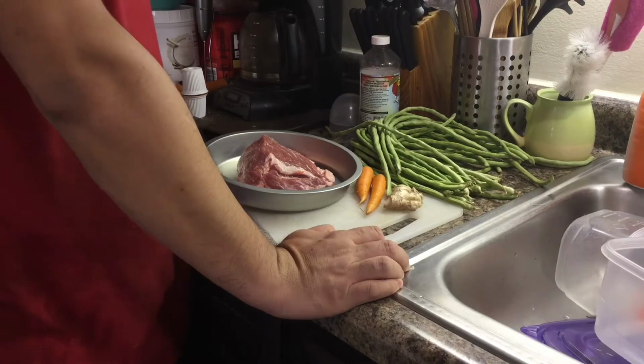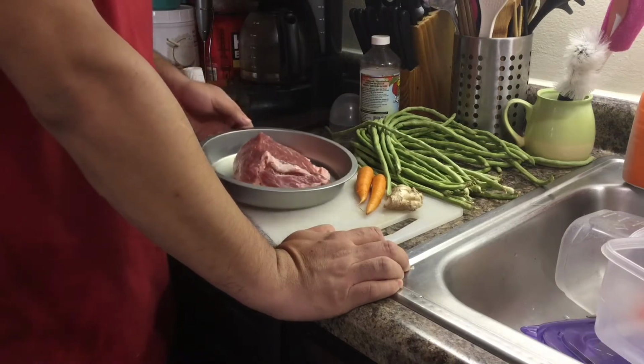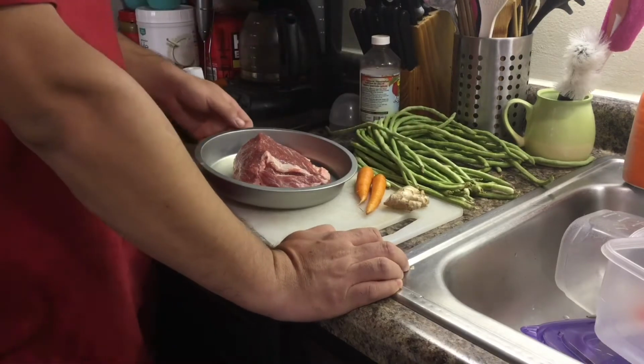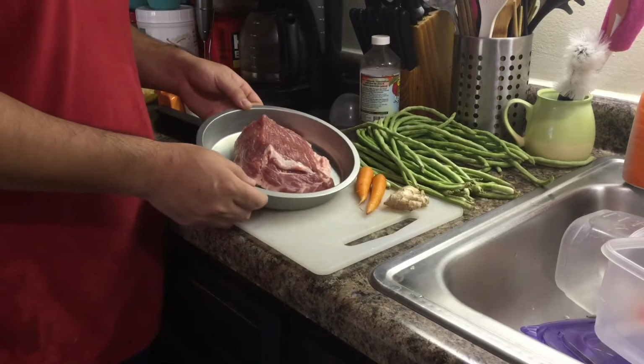Today we make a dish. It's called fried pork with white long green bean. The main ingredients we need. The Chinese name is called